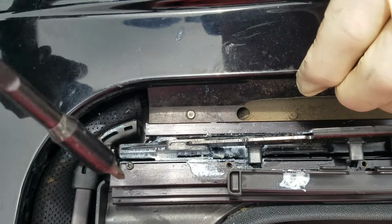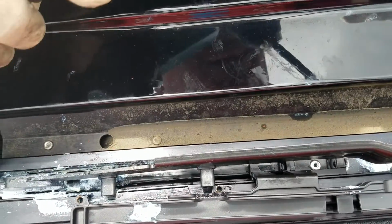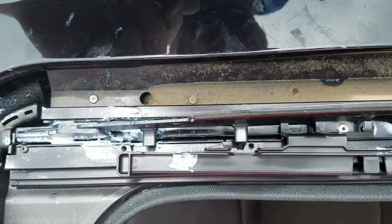All right, so gently. You notice I don't jam it in there. It just takes a little bit of pressure. Otherwise, you'll wring it off or strip it. Okay, now